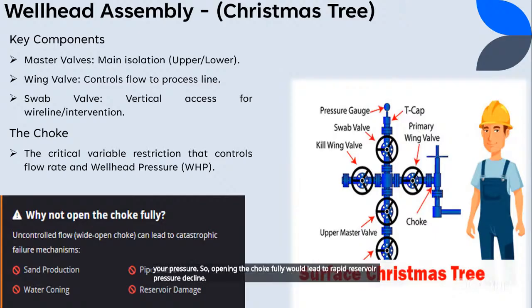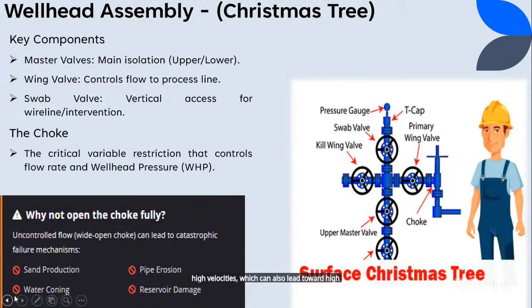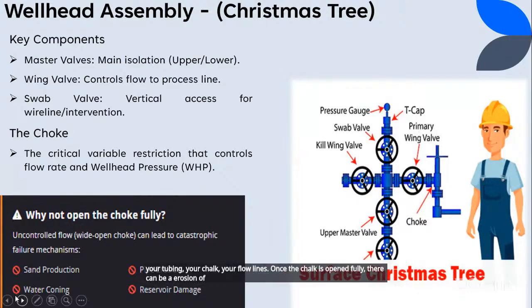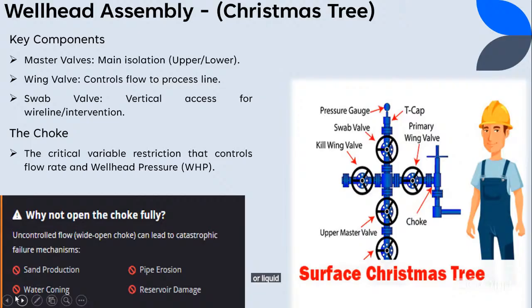High velocities, which can also lead to what? Pipe erosion. Your tubing, your choke, your flow lines, once the choke is opened fully, there can be erosion of your equipment. Now, opening the choke also can lead to unstable flow. So you can experience slugging or liquid loading, where you have